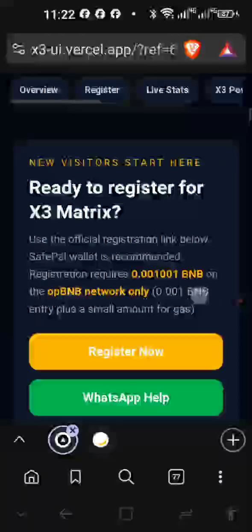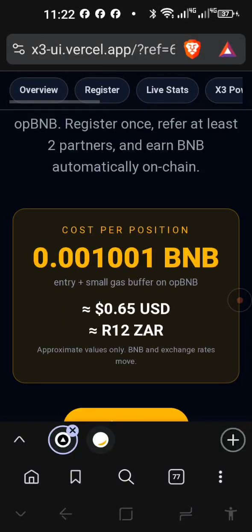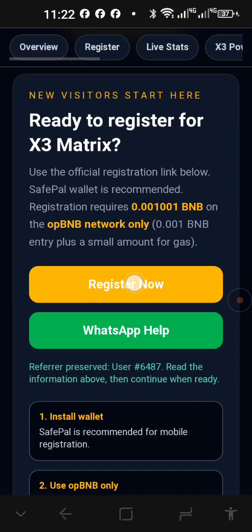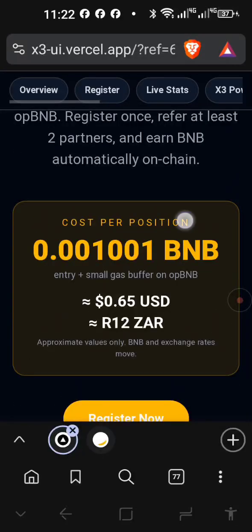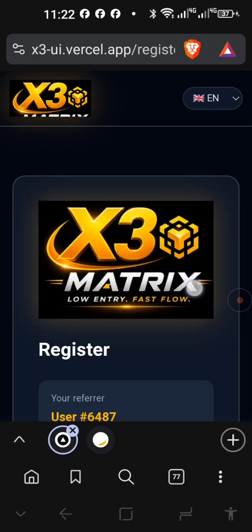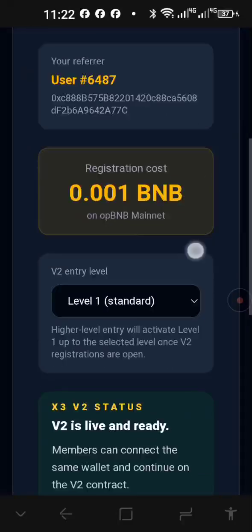So you clicked on the link, you came to the home page, you've read all the information here, and you're going to press on register. Either that register or this register. Why doesn't it want to go now? Okay, there it switches over now.